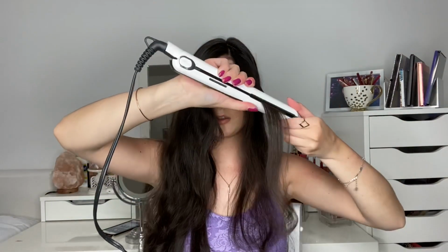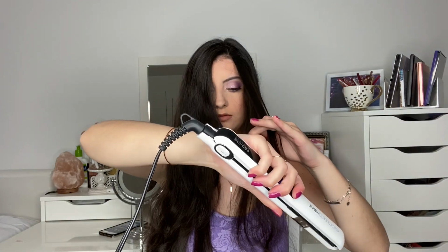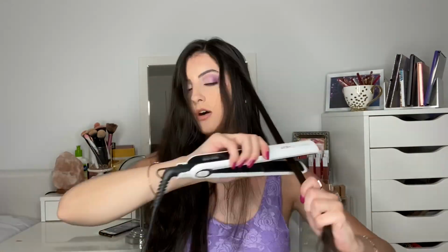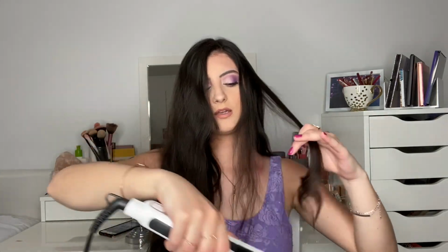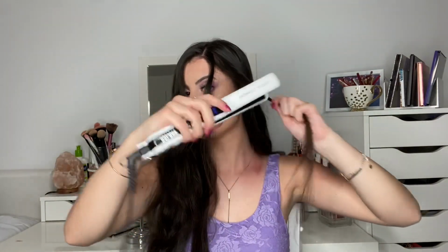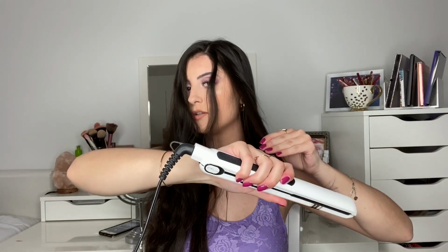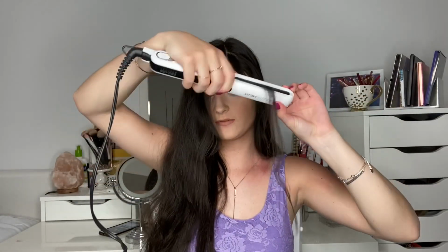And once I get even closer to the front, I'll start even higher. Just create those curls in there. I'll curl this one towards, because I did a couple away. And then these last few pieces I'll do away. So I just kind of switch it up, but I do like the ones closest to my face to be away. And then with this very front piece, I'm gonna start the curl even higher